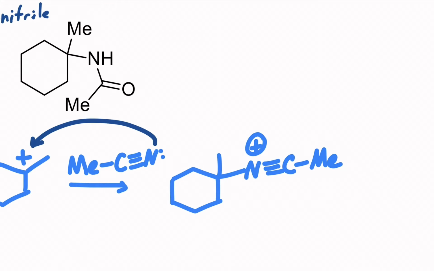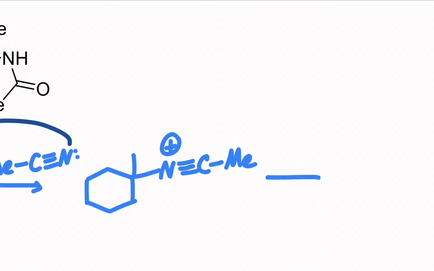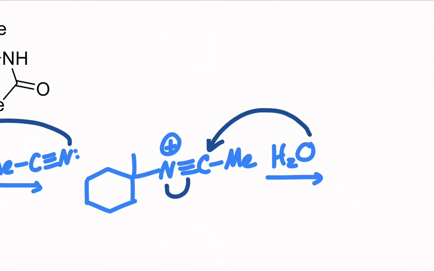Now from here, I'll check back at the product. Okay, we've made our carbon-nitrogen bond. We actually have our other 2 carbons already there. I need to incorporate oxygen. Well, we have hydronium in the beginning, which we took an H plus away from, so we're swimming in water in all likelihood. So there's a water molecule around. And the water is nucleophilic at the oxygen. That can attack the carbon of this nitrilium ion and send a pi bond up to that nitrogen, getting rid